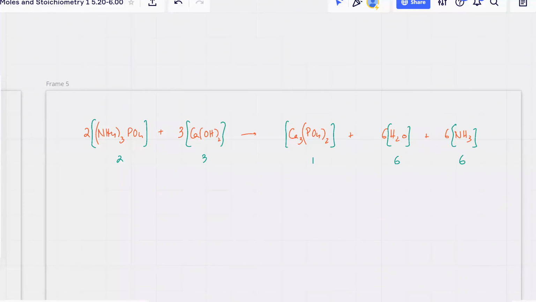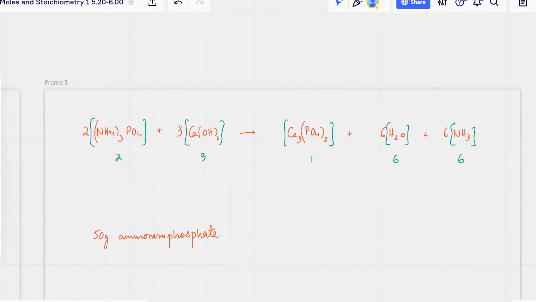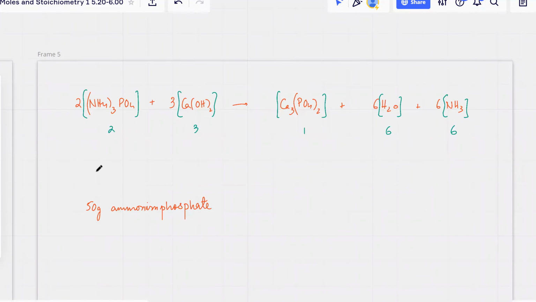तो फर्स्ट थिंग, अब मैं आपको मोल्स ही नहीं दे रहा, मैं कह रहा हूँ कि मेरे पास ना 50 grams ऑफ दिस थिंग, ठीक है। द क्वेश्चन इज 50 grams ऑफ अमोनियम फॉस्फेट। I intend to use 50 grams of this thing. इसके हिसाब से कैलकुलेट करो बाकी सारों की मासेस कि इन सारों की मास क्या होगी। तो द फर्स्ट थिंग इज कि इक्वेशन डील्स विद मोल्स नॉट इन मास। तो पहली चीज है कि इसको मोल्स में तो कन्वर्ट करो।